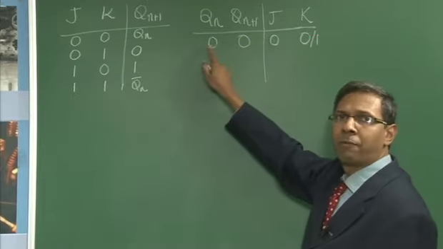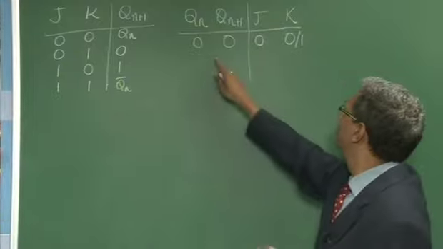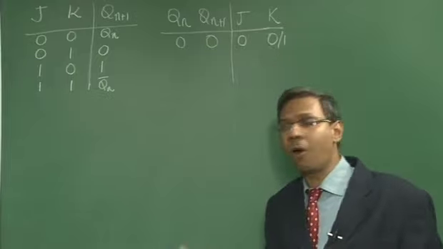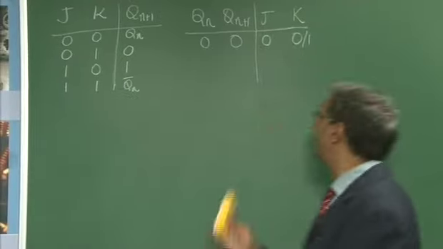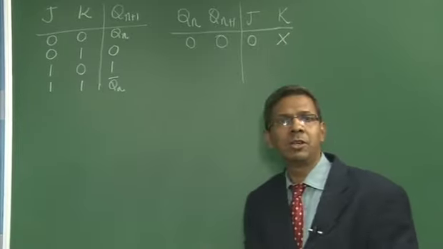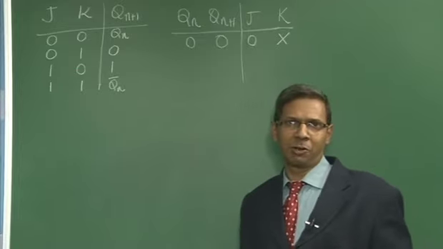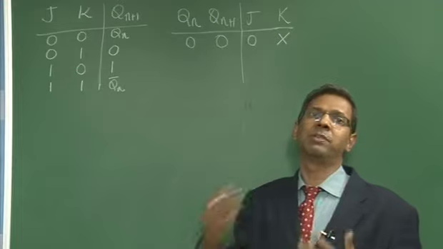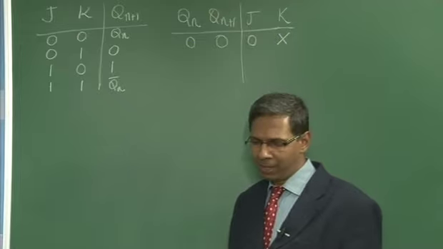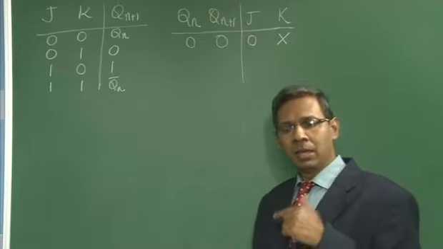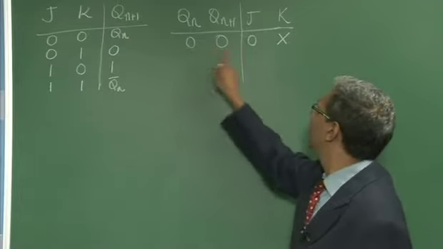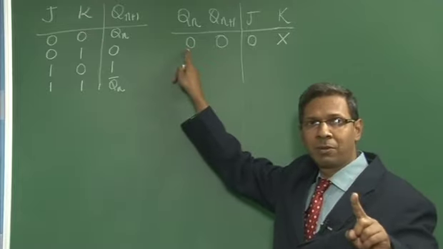for the transition from 0 to 0, there is no transition actually. The value of J is 0 and K can either be 0 or it can be 1. So in that case, we call this don't care. What does don't care mean? It can either be 0 or it can be 1. Why do we use this notation? It will become more obvious once we do K-map simplifications. I'll come to that analysis as and when we reach there. But at present, don't care would mean whether it is 0 or 1, irrespective of that, if J is 0, then my output is going to remain at 0 if the previous output was 0.